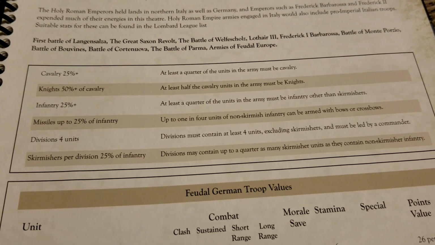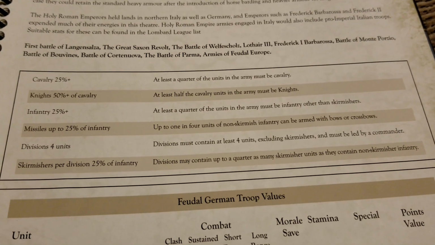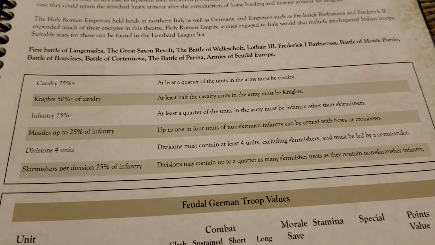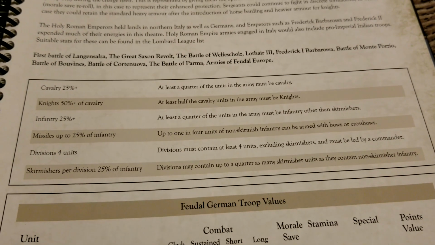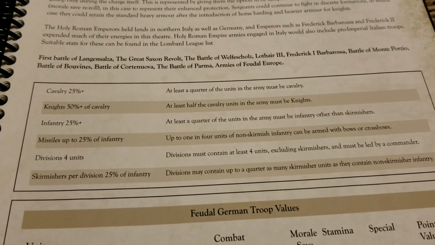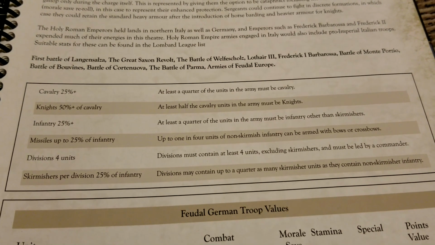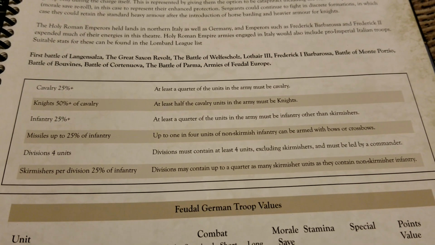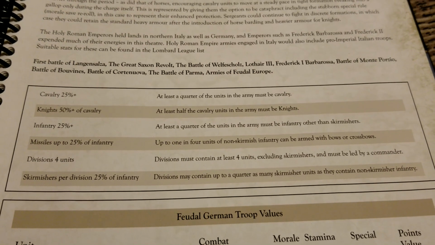So it is a list where it is forcing you to at least have some cavalry and some infantry, but with the option where you could go exactly balanced, 50-50, or as much as 75-25 one way or the other. Now it does have a sub requirement for each of those types. When we get to the cavalry, 50% or more have to be knights, and interestingly for infantry,